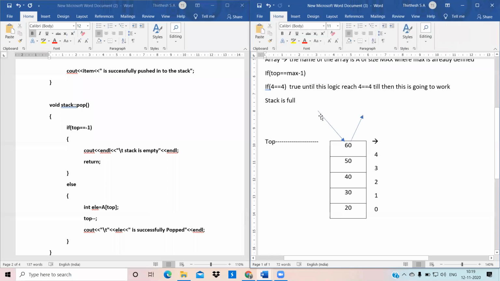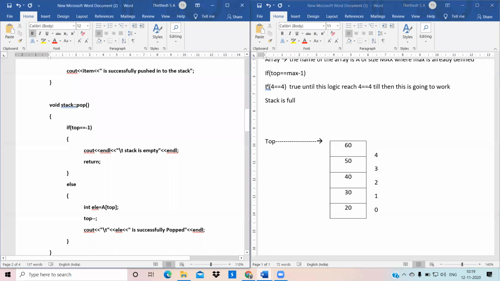Whenever we perform this, we call it a push. Whenever we perform this, we call it a pop. So now we are going to work on pop.